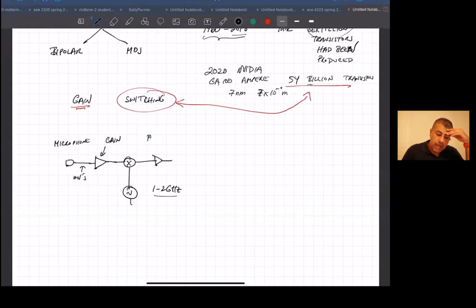Next step is something called a power amplifier. And this is what drives the antenna, because you could be pretty far from a cell phone tower. So you want to start with a really, really big signal coming out of your antenna to give yourself as much coverage as you possibly can. And this is the reason why people worry about cell phones, holding them close to your brain or whatever, just because they're pumping out a lot of power. So this power amplifier is pumping out a lot of power. And then this goes to some